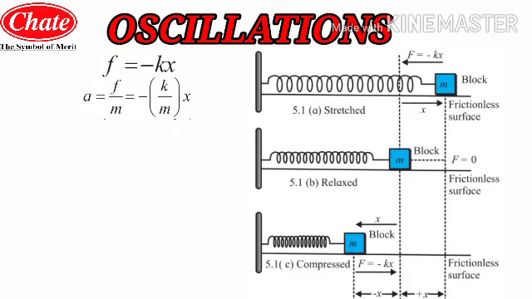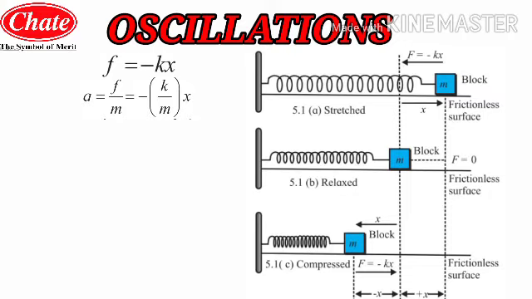But as we know, force is equal to mass into acceleration, and this force is equal to -kx. When we equate these values, -kx will be equal to ma, the mass into acceleration. So by rearranging, we can conclude the acceleration as F by m, which, if we put in the value, will be -(k/m) into x. So this will be the value of acceleration that we have to calculate in this type of case.